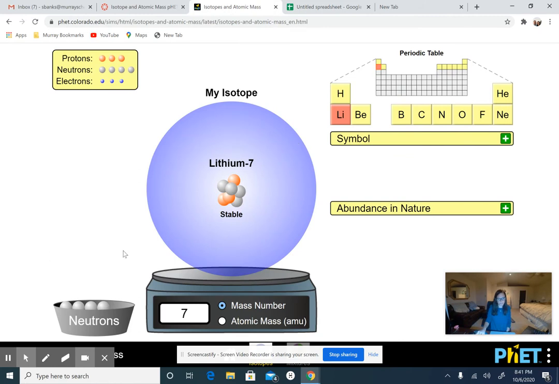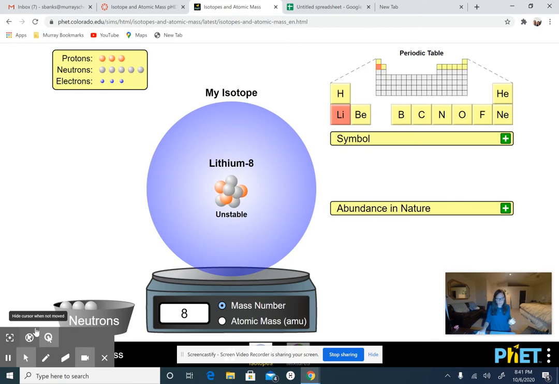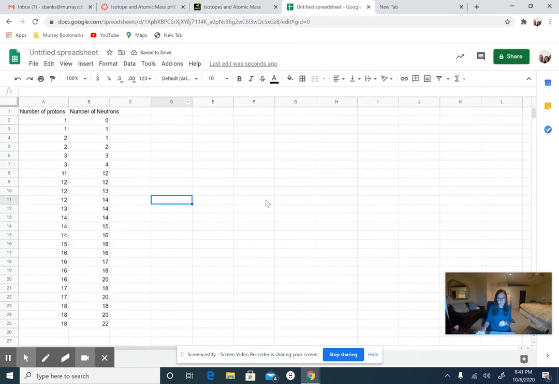You're going to keep playing around with the neutrons until you get to unstable isotopes. You're going to record all of them. Okay, now I want to show you what we're going to do with this graph that we're going to make. Once you've got all the stable isotopes recorded for the 10 elements, you're going to come here and you're going to highlight both columns